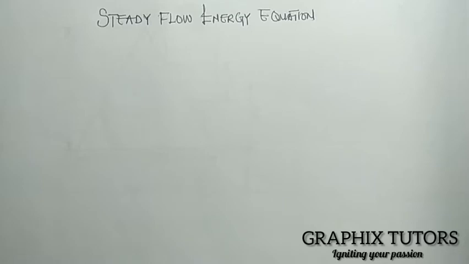Today we'll be looking at the steady flow energy equation. We know that a flow of mass through an open system is what we call a flow process, right? And we know that an open system includes a large number of devices through which a mass of fluid flows on a continuous basis, right? So when the flow of fluid remains constant, it's said to be what? A steady flow. Now let's consider these forms of energy and see how they flow through